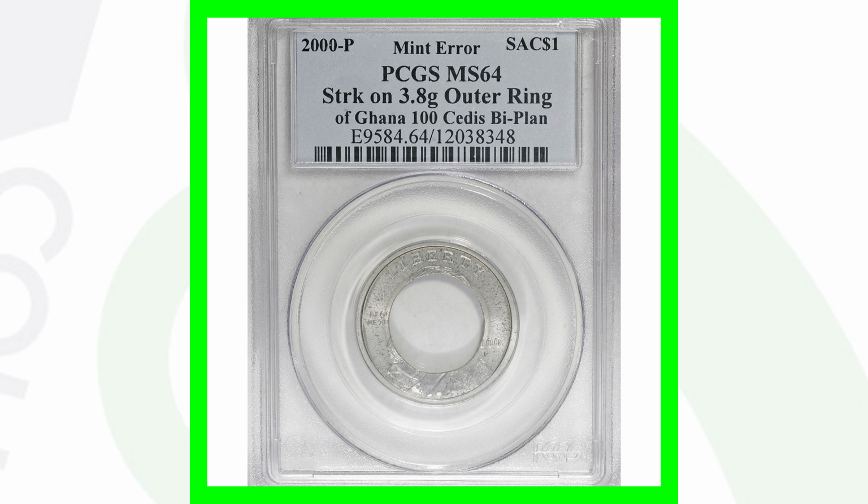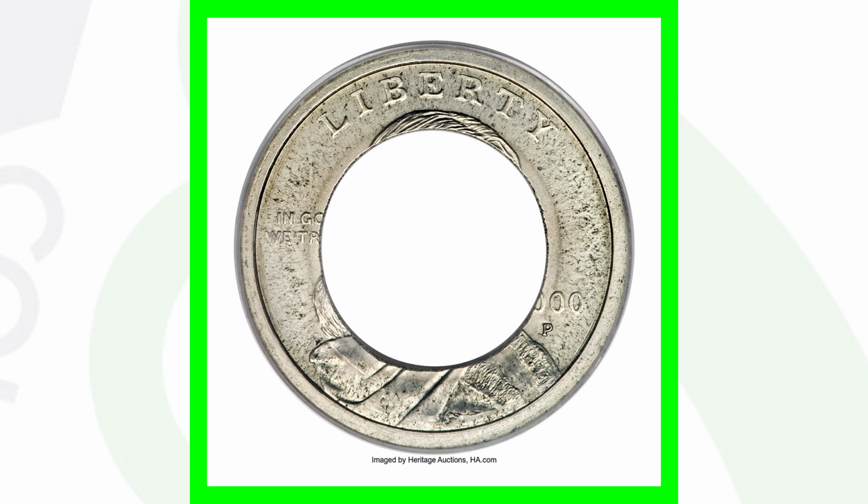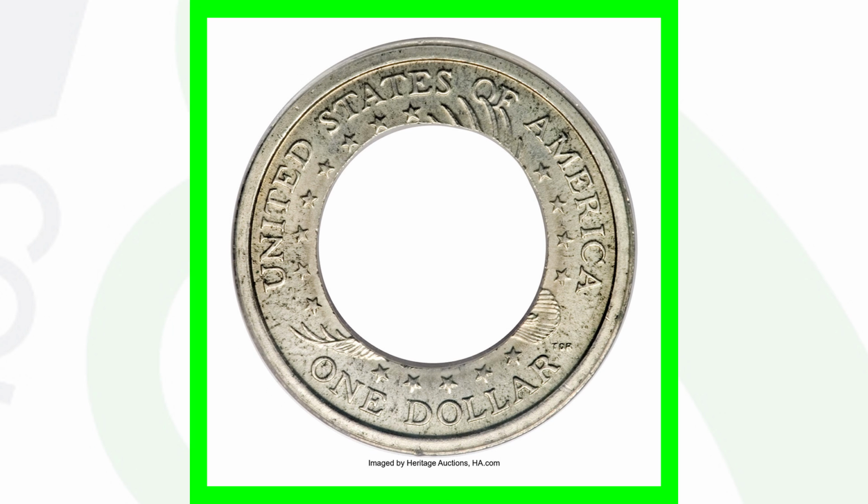Next up is a very cool coin. Now this was actually struck on a foreign planchet from Ghana. So here's what the Ghana coin actually looks like. And then this is a Sacagawea dollar design that was actually struck on that Ghana coin planchet. So very awesome. This coin, or whatever you would like to call it, sold for over